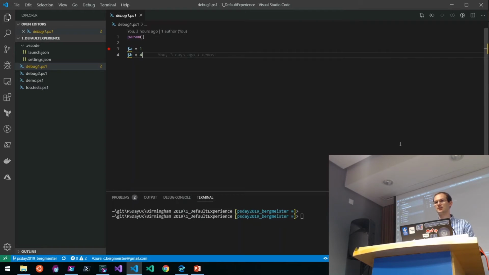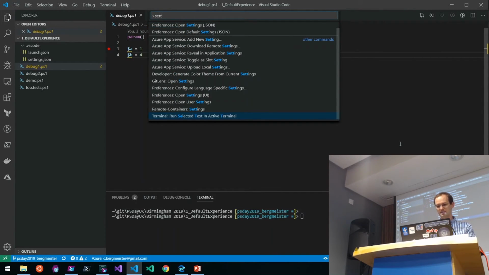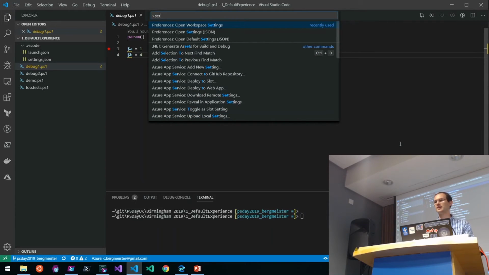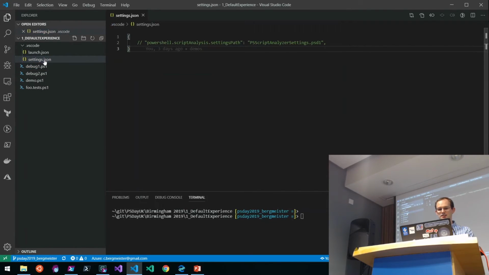So how do we change settings? Generally, I haven't talked about this yet. So command palette, settings. It's important to be aware there is workspace and user settings. Workspace settings override user settings. This is by design. The idea is if I set a workspace setting in this .vscode folder that will be generated behind the scenes, there's a settings.json, and the idea is, so you've got a project, you want to define a code style and standard, you want to have your braces on the same or next line,